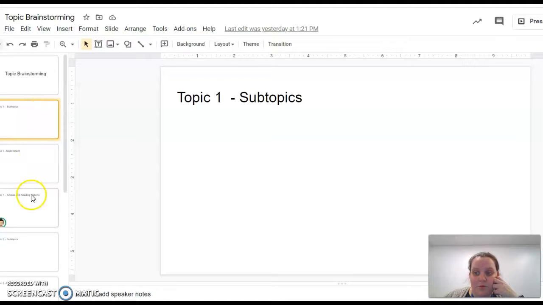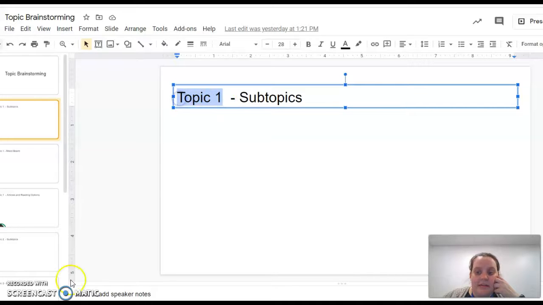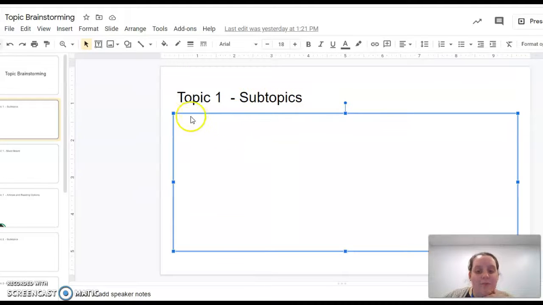So we're going to look at topic 1 first, and what you're going to do is replace this topic with the name of your topic so you remember what these slides are for. So let's say I'm doing space. So I'm going to type in the word space, and then I am going to list subtopics. So I'm going to be listing all of the things that I could talk about if I'm talking about space. So it could be stars, it could be constellations, NASA, I could talk about aliens. Okay, there's all these different subtopics that I could put on there. So I'm just going to start listing all of them.